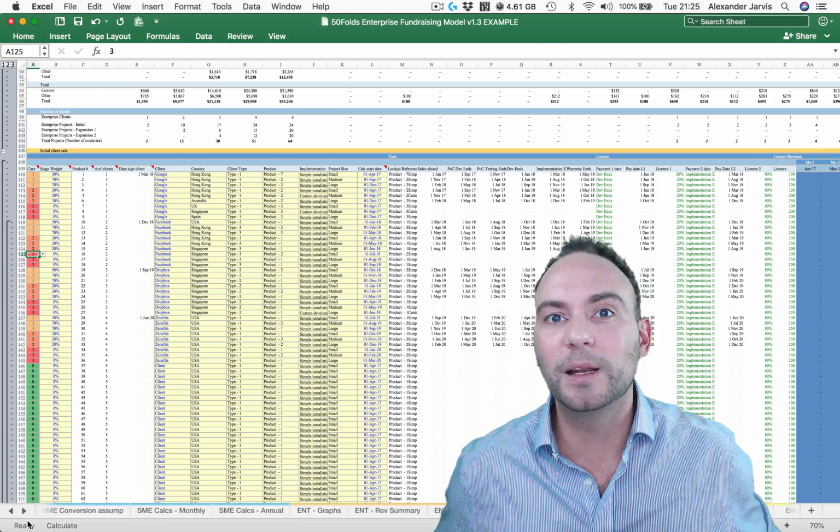So assuming everything works out, you'll have an expansion phase of revenue. And so you can say here, Google, for the second product, is going to add one new country 3 months after the actual implementation is done. So management will kind of have a time and evaluate the product and think, oh, this is actually really good. I wonder if Japan or whatever would like to do this too, at which point you expand and you add another client, as well as the revenue stream that's coming from it.